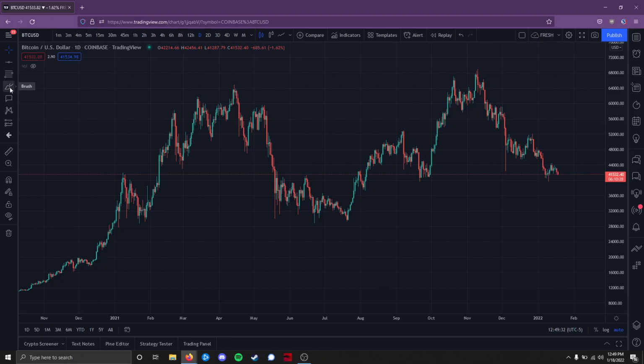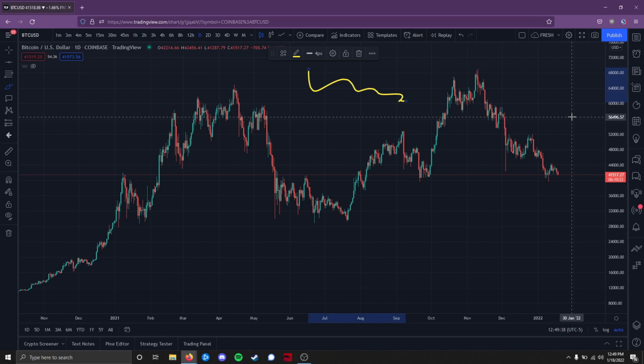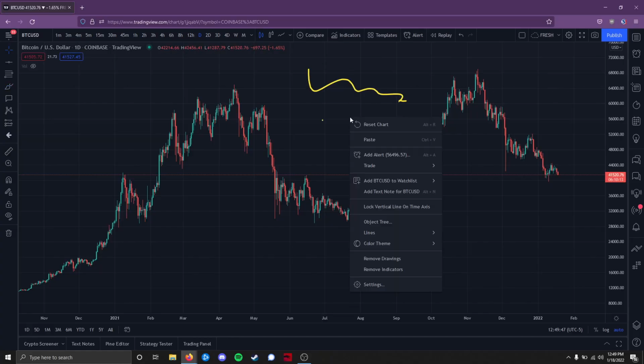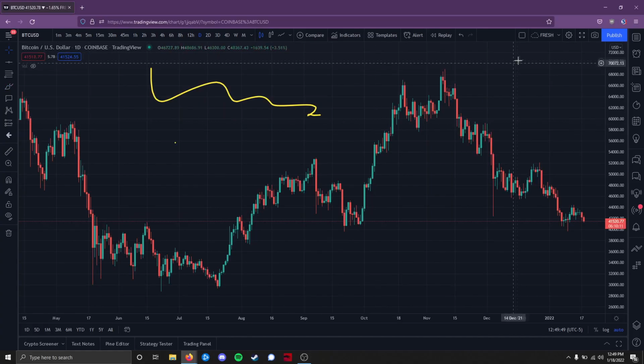So any drawings, in case I do some sort of drawing, as you'll see, there's no check, but once I click on it, now there's a check, meaning that this state is saved. But let's say I don't want to have that there. I don't want to have this drawing. I can hit reset chart,